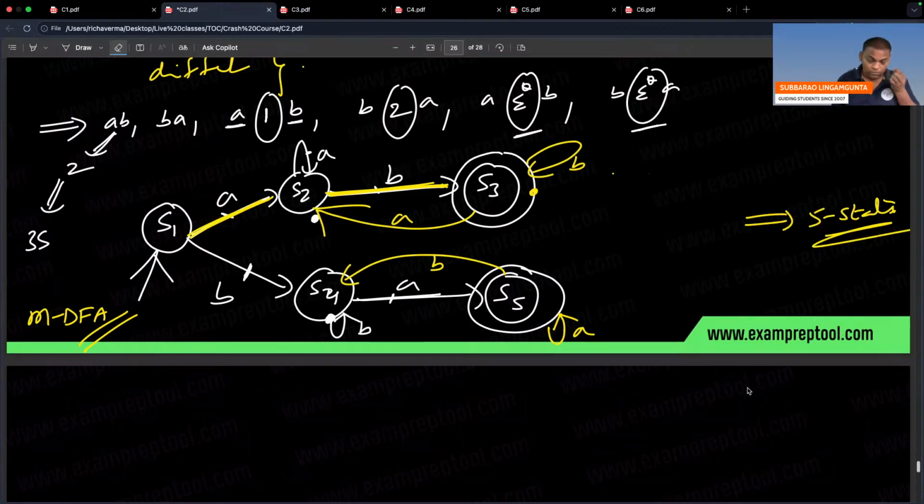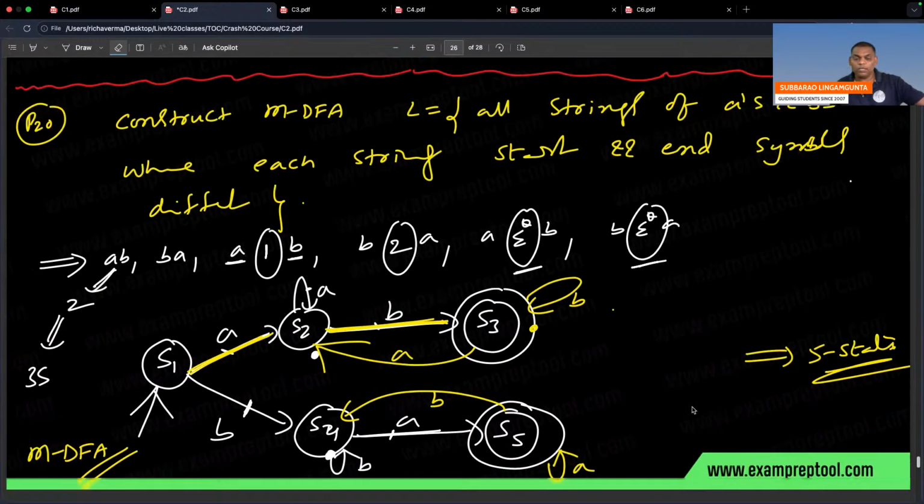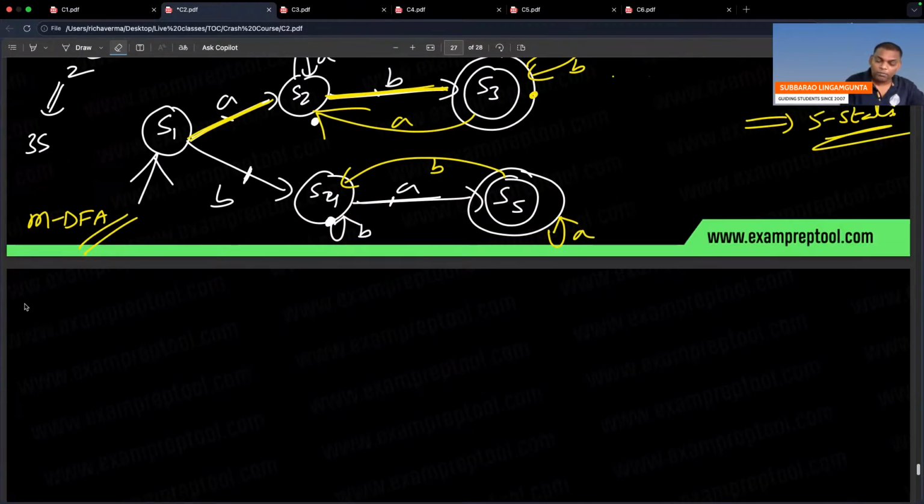Now one interesting problem is coming. Please understand. Problem number 21. An interesting problem is coming. What is that one? Construct a minimal DFA for the language L equal to